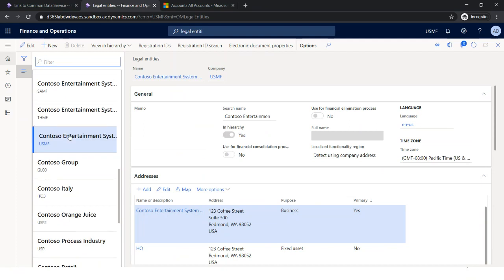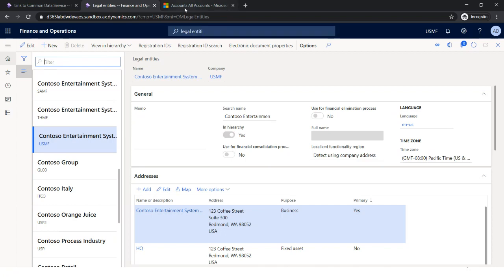Now, company concept in finance and operation is used for two reasons, right? Number one, from a data management perspective, to specify which records belong to which company, and then with that there is a security implication, right? So you can say that certain users can only see certain companies while other users see other companies, and we brought both concepts to the CDS side. So let's start with the first one, right? What we have done on the CDS is that we have introduced a new entity to hold the